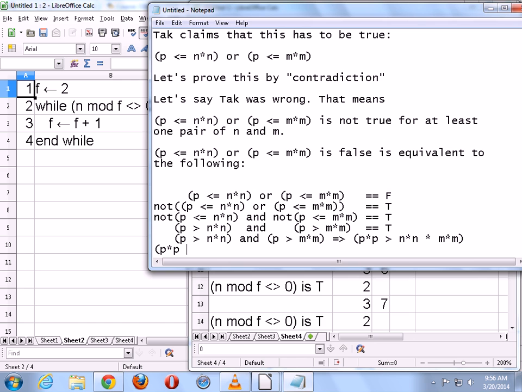P times P is one side, we'll just leave it the way it is. But on the other side, I'm going to rearrange things a little bit. I'm going to use the commutative rule of multiplication, because I can change the order inside the multiplication any way I want to and preserve the actual value of the product. So in this case, I'm going to rearrange things to be n times m times n times m. In other words, all I did was exchange the position of these two guys. Is everybody? Yep, go ahead.